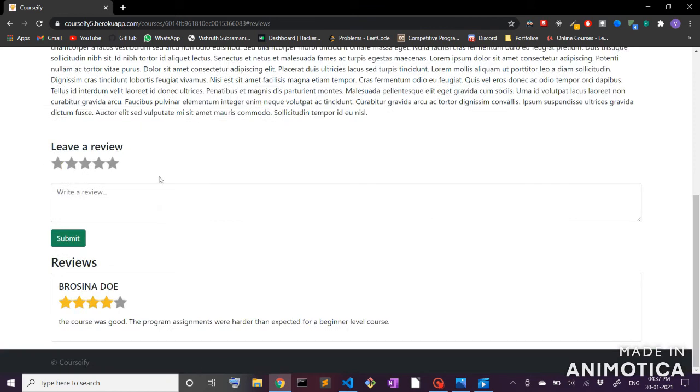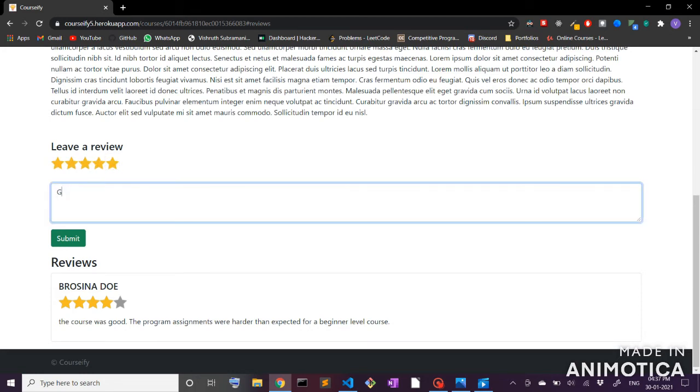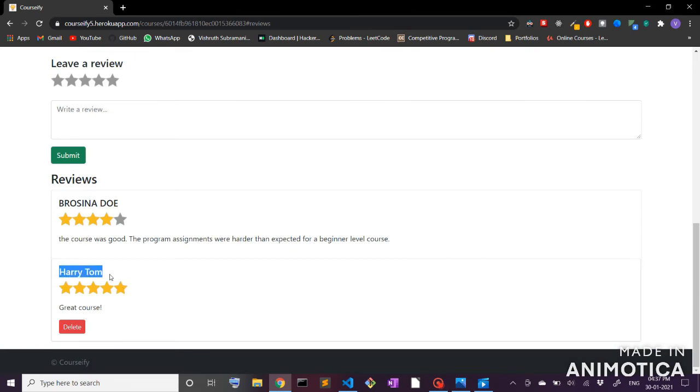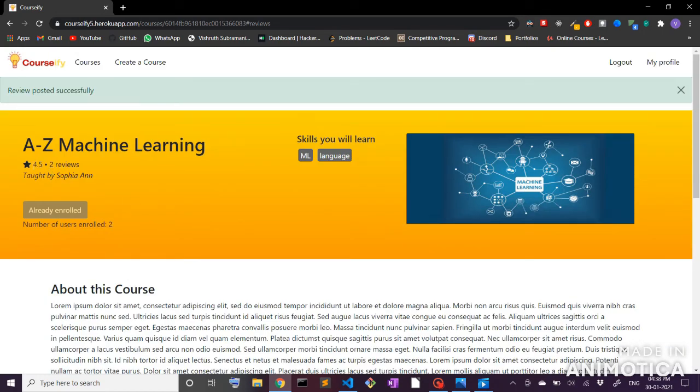Currently since we are signed in, we have this review form where we can add a rating between 1 to 5 stars. I think this is a good course, so I'll give it a 5-star, and just quickly give a review, and I can submit my review. Our review comes with our name displayed and the rating and our review. Also we have the option to delete our review if we change our mind later on. So we can always delete our review, and this gets updated here, and the number of reviews also gets updated. So all of this is real time.